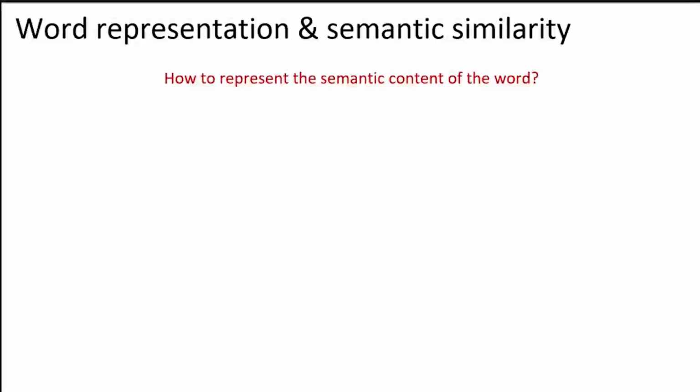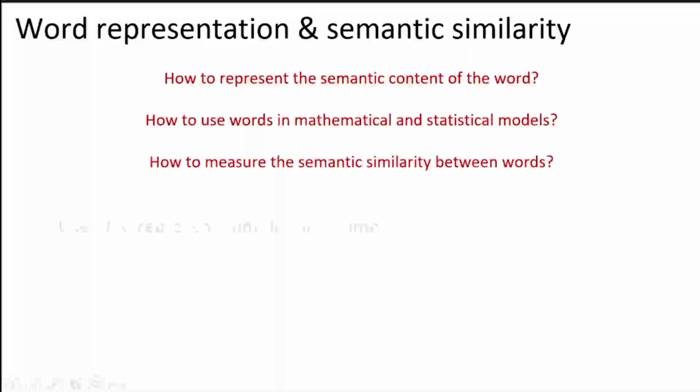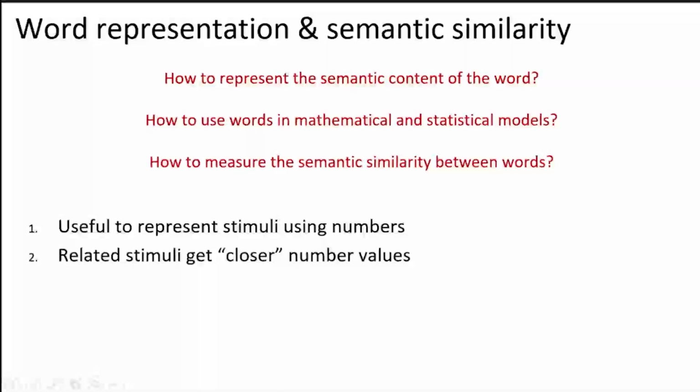Could be numbers, could be vectors, matrices, whatever, but it has to be numbers, the language of math, right? So how do we take dog and convert it into a number, which captures its semantic content? And then we could use the words in our mathematical and statistical models and do statistics on them. And we want to measure also the semantic similarity between words. I'll just give an example why it's useful to represent stimuli using numbers and related stimuli get closer number values